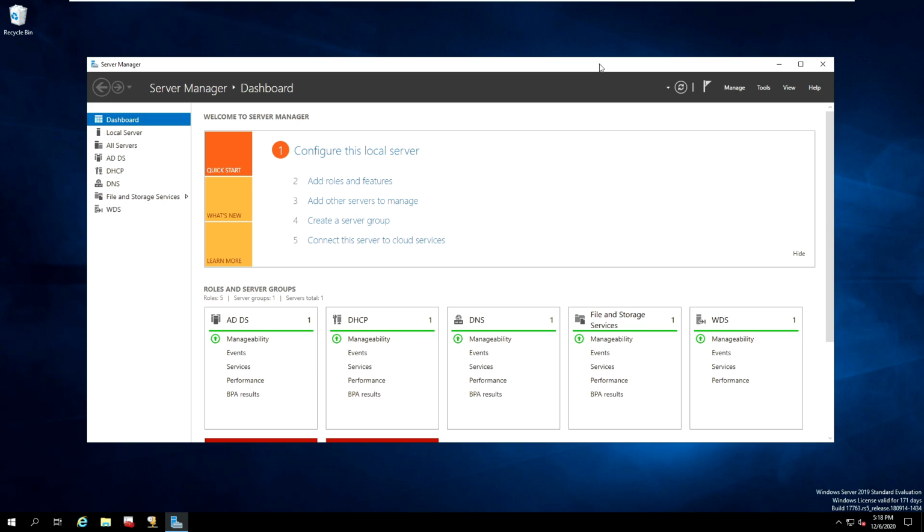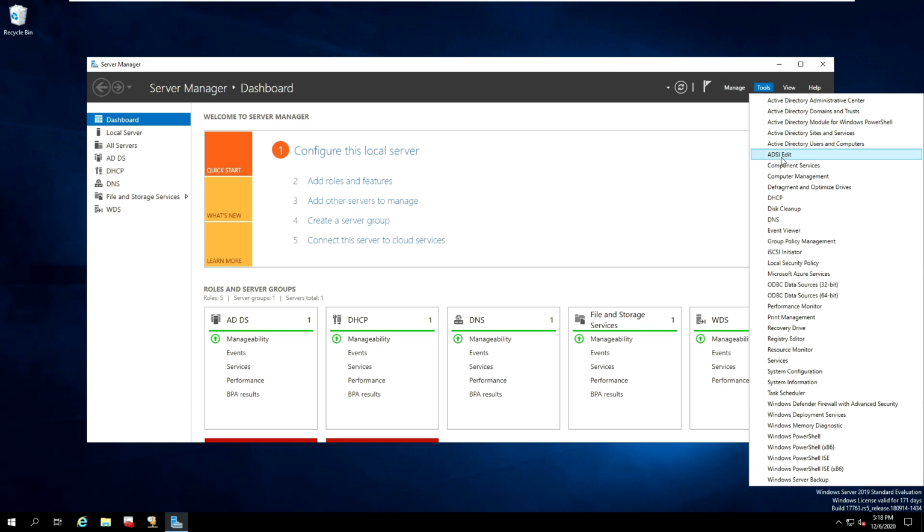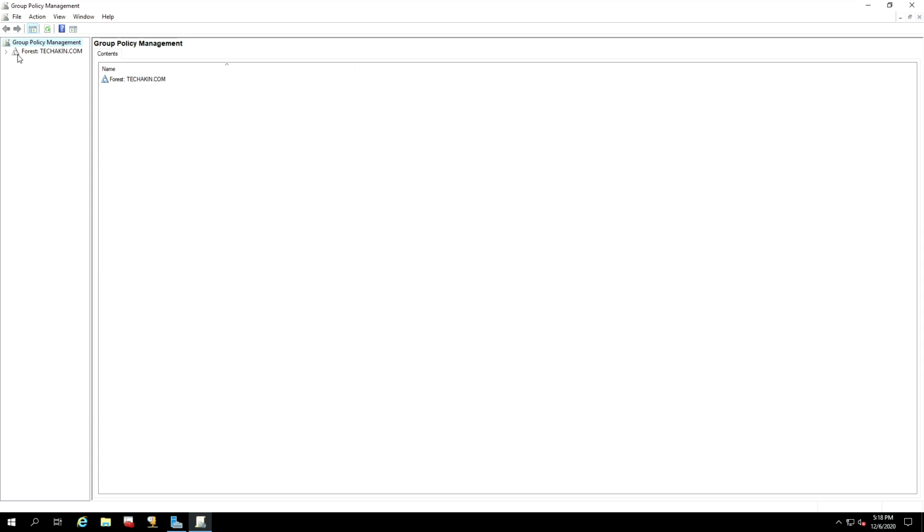In order to create a group policy object, go to the Server Manager, go to Tools, go to Group Policy Management and click on that. Once you are in the Group Policy Management, click on Forest,